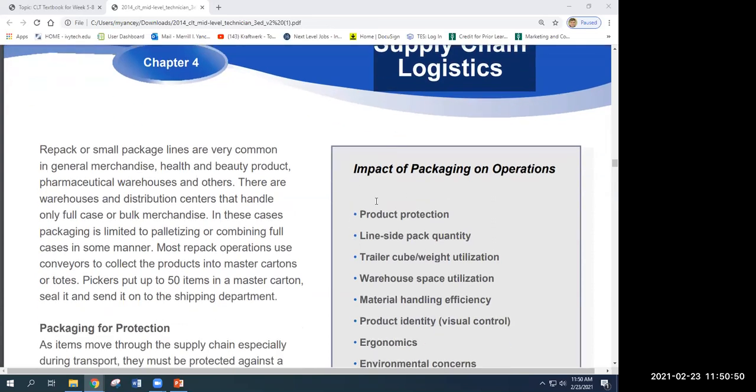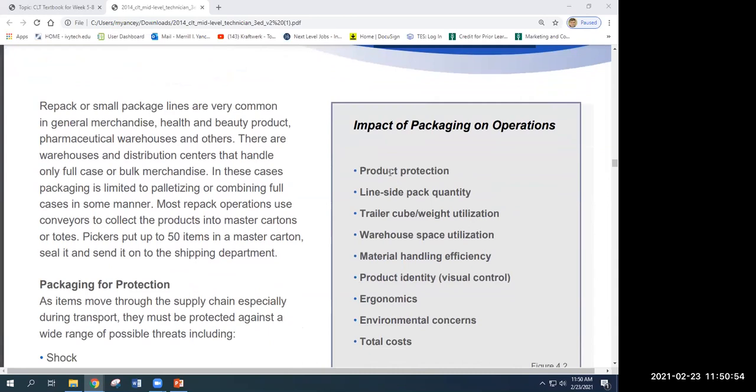So when they look at what's involved with packing, it's the product protection, that's job one. Then line side packing quantity. So we want to make sure that it's in quantities that are used. 10,000 is not used that often. And so maybe a dozen, 24. It usually is commensurate with the shelf space. And so if I had a small can of soup, that probably would come in a 12 or a 24